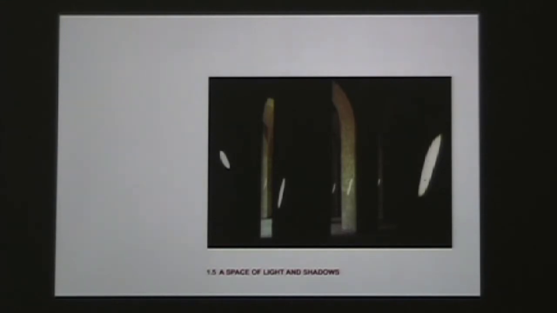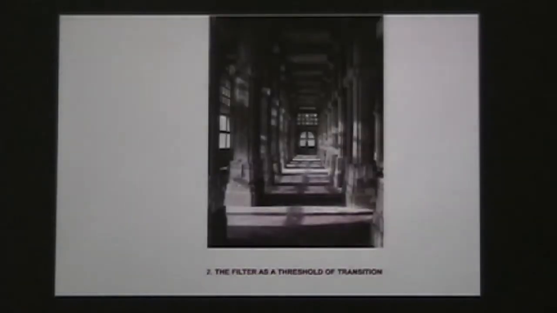The next one has to do with the space of light and shadow and how these conform spaces and qualify the interior space. And the next one poses an exploration from tradition to abstraction in the history of filters, to end up this first chapter with the idea of a dissipated space. I'm sure you recognize many of the images inside.